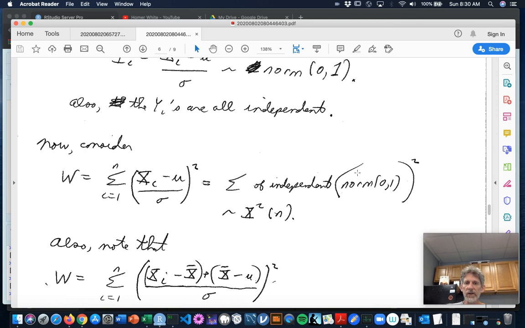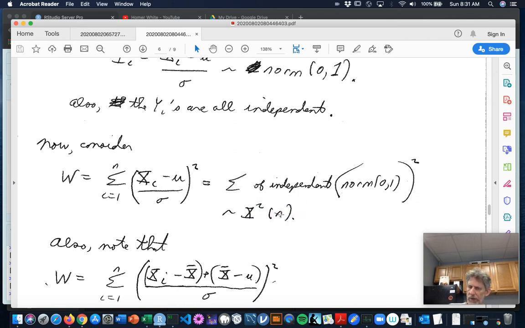So we're looking at the sum of n independent chi-squares with 1 degree of freedom. We used the moment generating technique in the previous section to show that that would be chi-square with degrees of freedom equal to the sum of the degrees of freedom of all the chi-squares you're adding up. And 1 plus 1 plus 1 plus 1, n times is n. So this W is chi-square with n degrees of freedom,